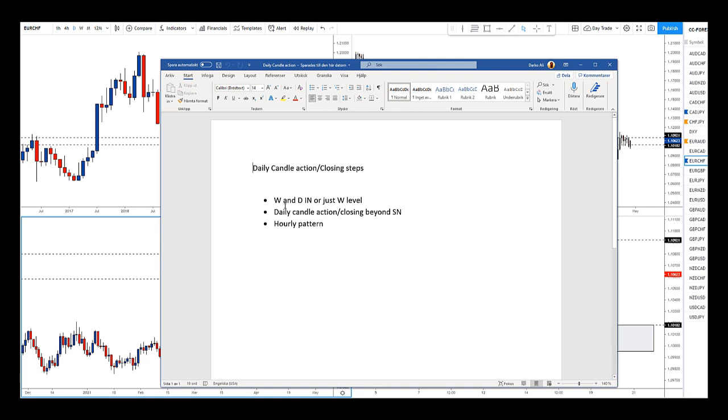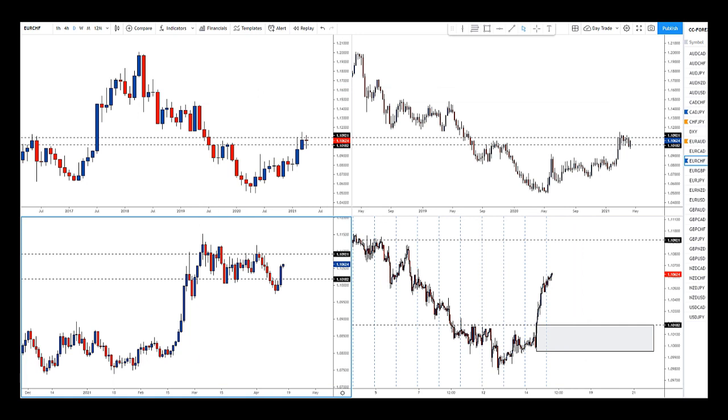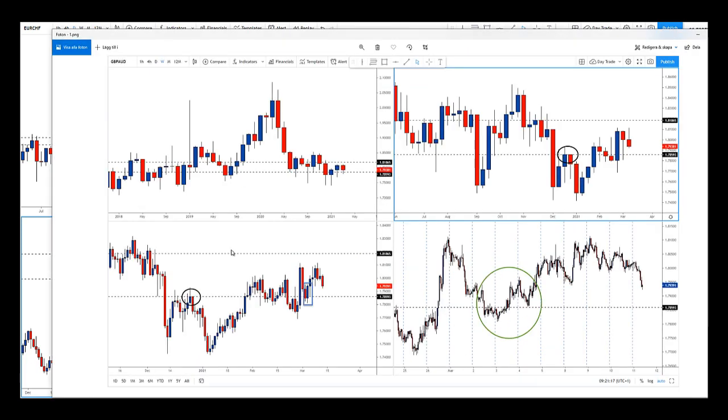What I look for is a weekly and a daily identical neckline, or just a weekly level. It needs to be a significant neckline, okay? And then I look for a daily candle action that is closing beyond that level in a very specific way. And then I look for my hourly pattern, okay? So before I even show you a live trade, I want to show you an example of what I mean,